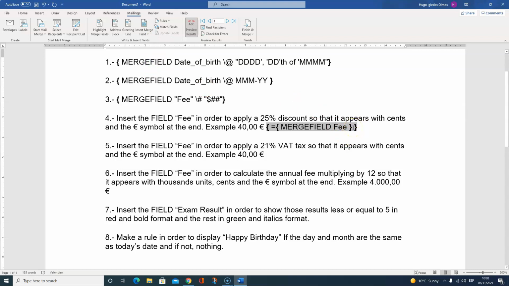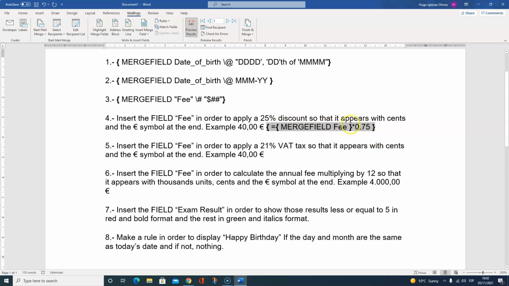So we're going to multiply it by 0.75, and just a brief segue. If you are using your system in English, you should use a decimal point, 0.75, but if you're using your system in Spanish, for instance, you will need to use a decimal comma, 0,75. So, and now if we want to add some format to the result, we have to use it out